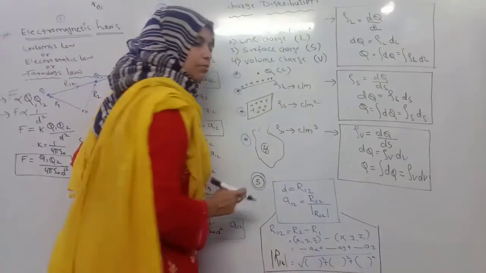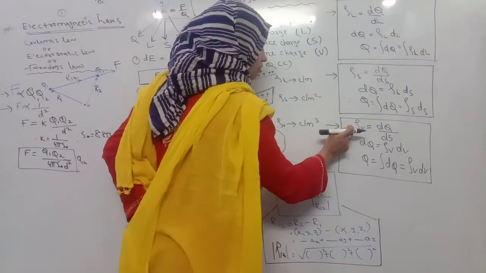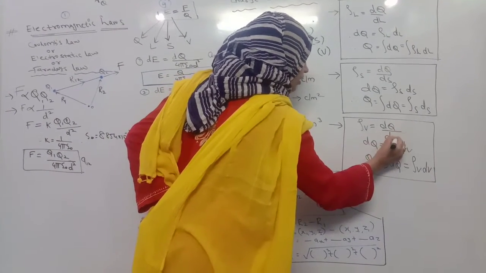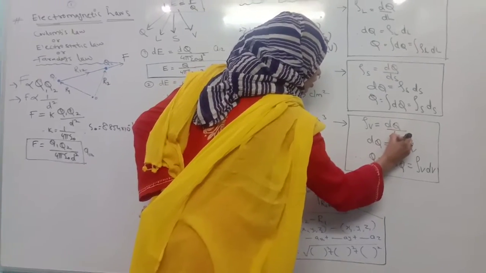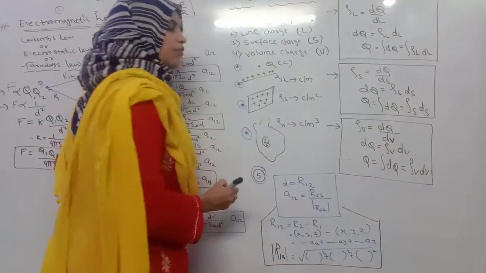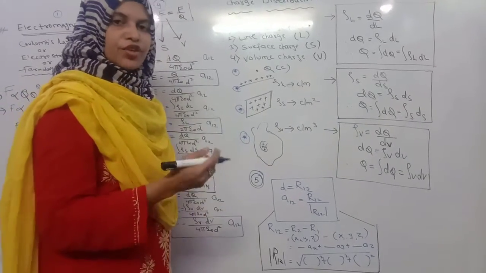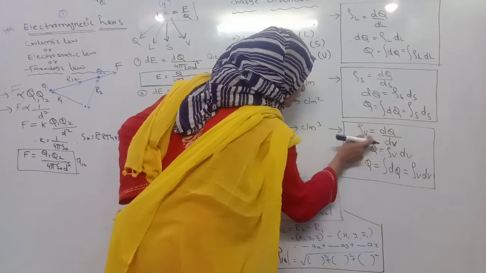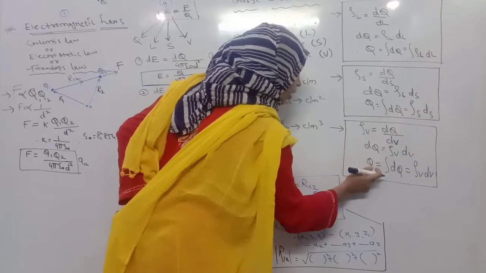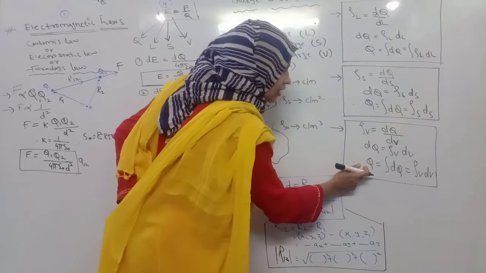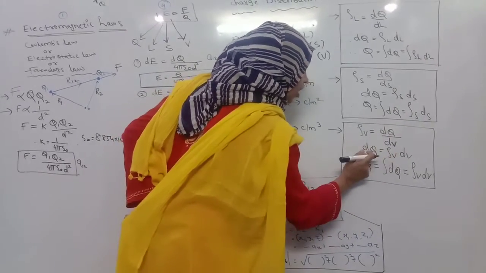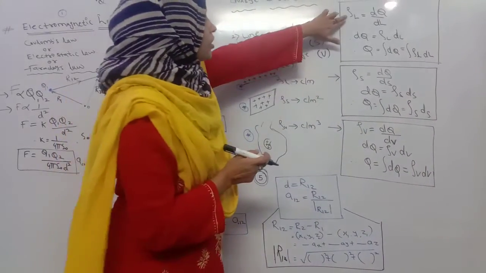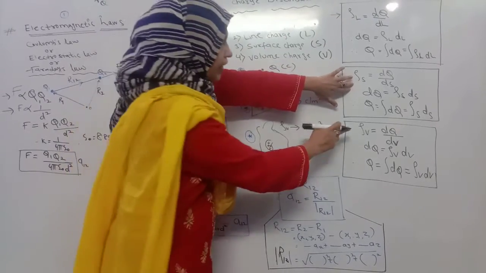And the last is the volume charge density, denoted by rho V, directly proportional to the charge and inversely proportional to dV, that is the differential volume. Okay, dV is differential volume, like differential length dL and differential surface area dS. If you want dQ, these two will be multiplied, same thing, so dQ equals rho V times dV, and this is in the differential form. Now I am writing in the integral form, so Q will be equal to the integral of this part. In this way, we can calculate rho L, we can calculate rho S, and we can calculate rho V.